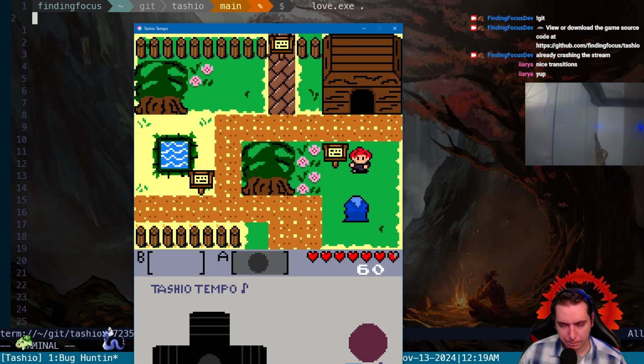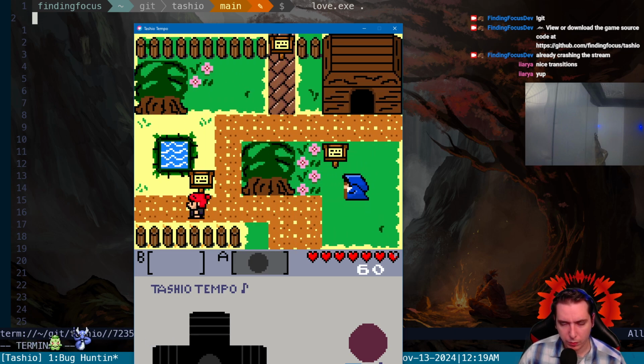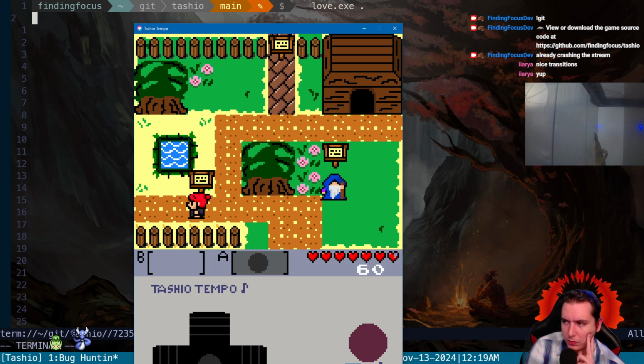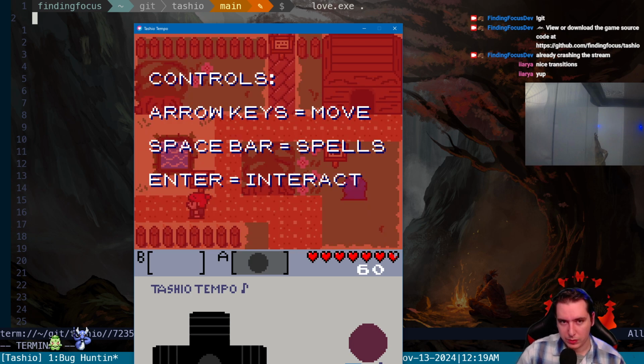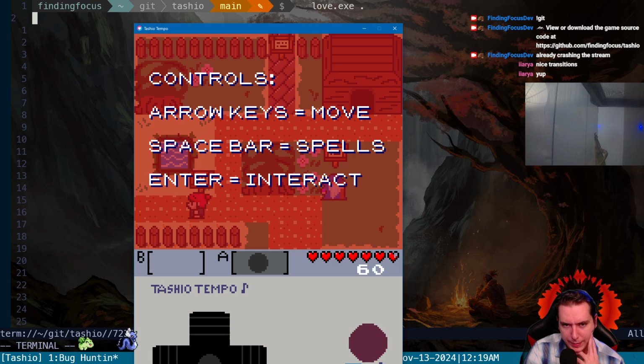I think next, we're really close to making a new mobile deployment here. We do need to put the proper controls, because now it's WASD to move, and then P is your A button, Enter is actually your inventory, P is interact. So we have to change all of this, but then also